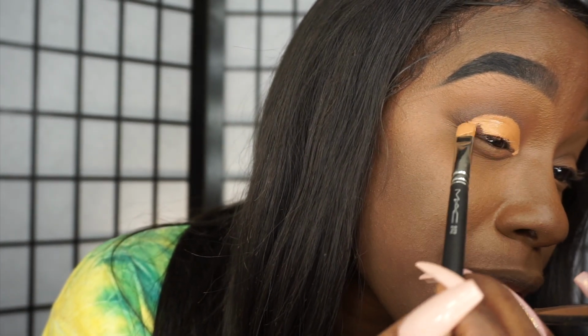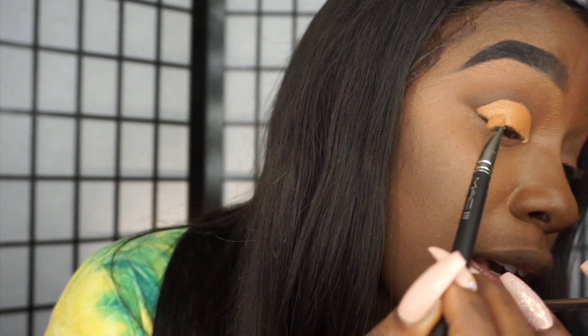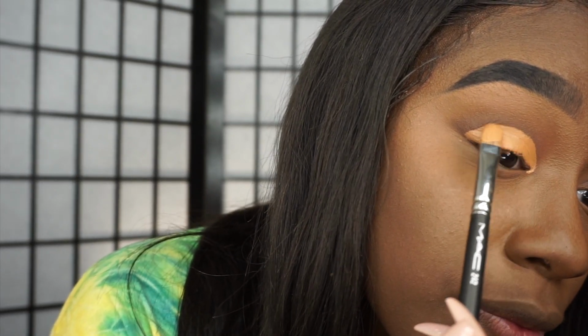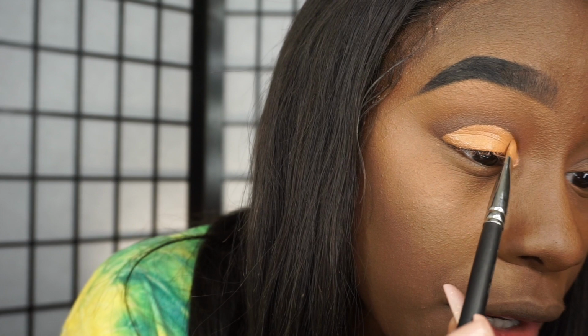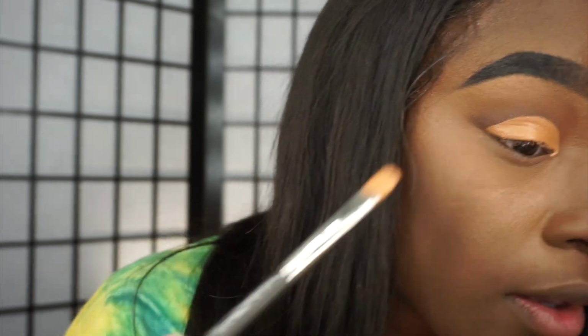Okay. Okay, so this is the part that's annoying because I don't know how to, okay, well, maybe the shape isn't so bad, I guess. It's not so bad, I guess. How do y'all? And I think what's usually annoying is because I got extra meat on my lid, so it just kind of looks funny, but I still want to do it just to say I did it, you know. I did it. I think that's a good shape,